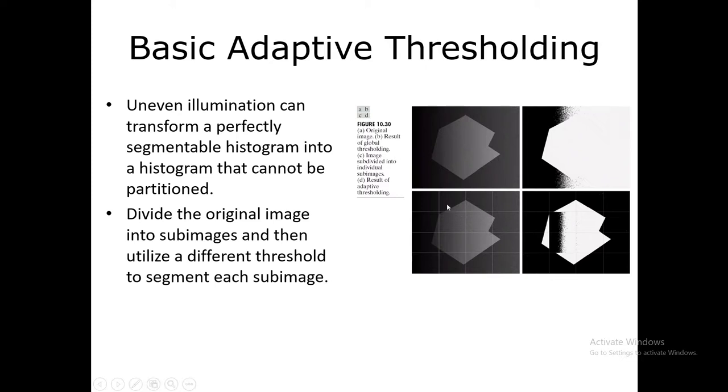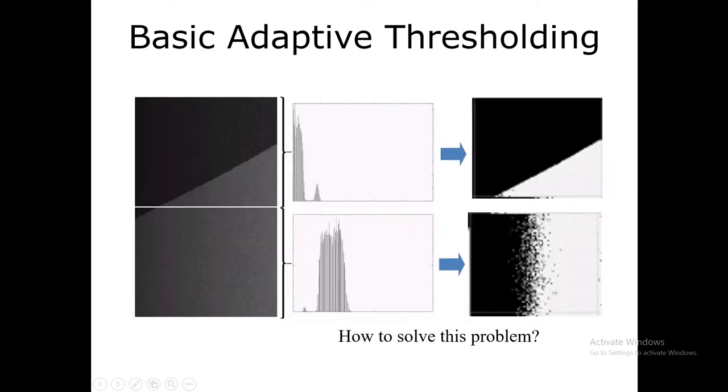Here we can see that this whole image is partitioned into different sub blocks, and we do the same thresholding operation on each subset separately. Some of the sub images are segmented properly, but we still get improper segmentation in two blocks. Here we can see these two blocks are still not properly segmented, and it's because